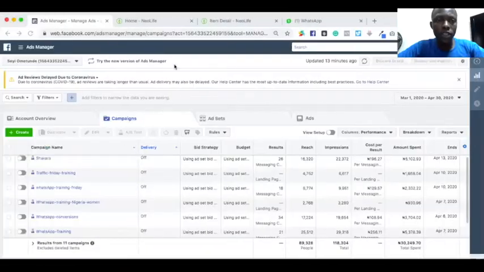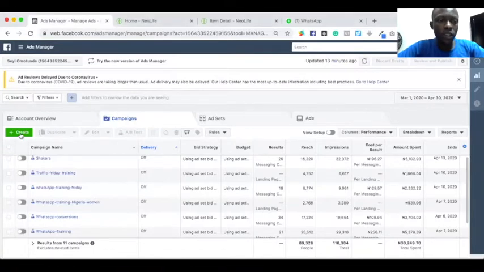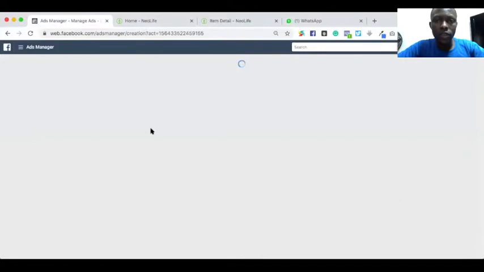So we know what Facebook Ads Manager is right now. I'm going to share my screen, Facebook Ads Manager Direct. So this is Facebook Ads Manager. And from Facebook Ads Manager, all you have to do is click create. Once you click create here on Facebook Ads Manager,